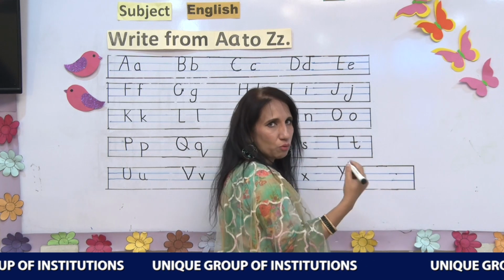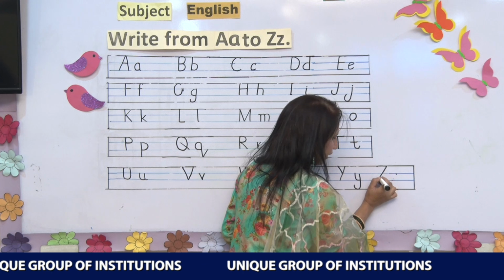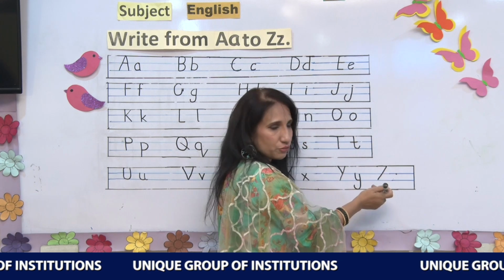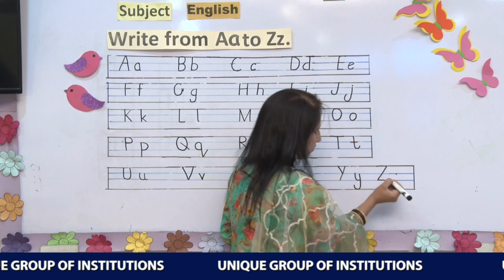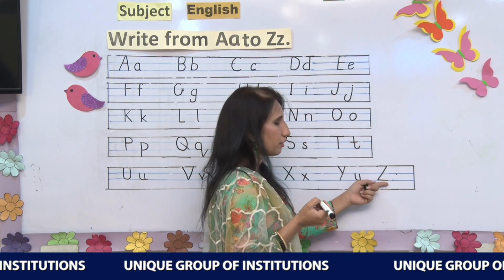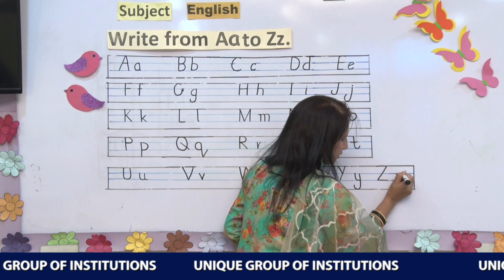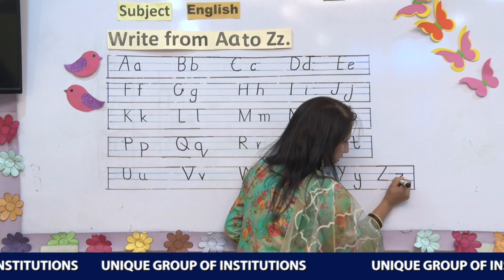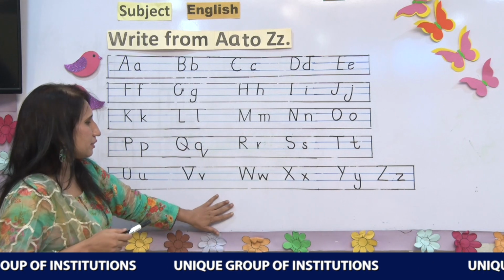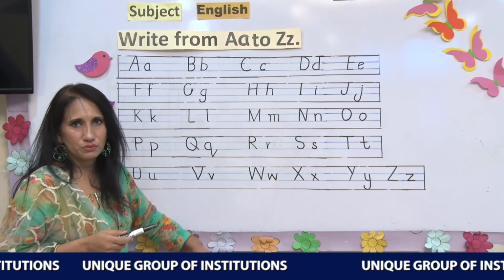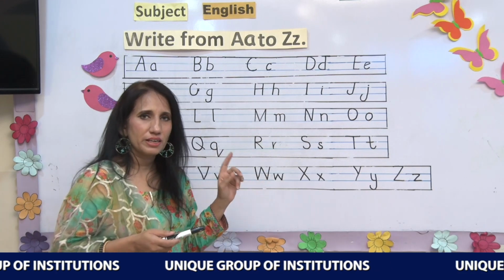One sleepy line over the very first line, then a slant line in 1, 2, 3, the three lines, and then again a sleepy line in the third line. And for the small one, we will write it in the center of these two lines. So this is your alphabet letters. Now I am going to tell you the sounds and the action of each alphabet.